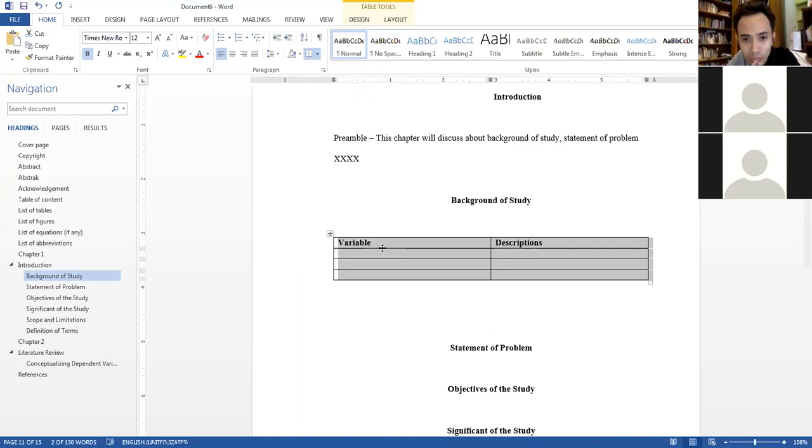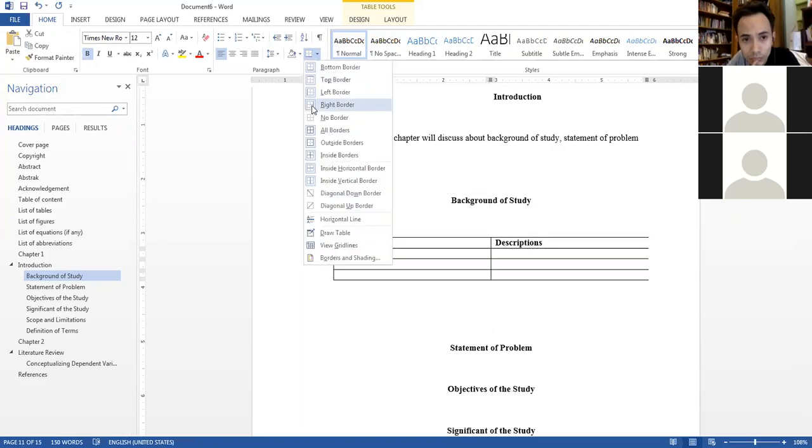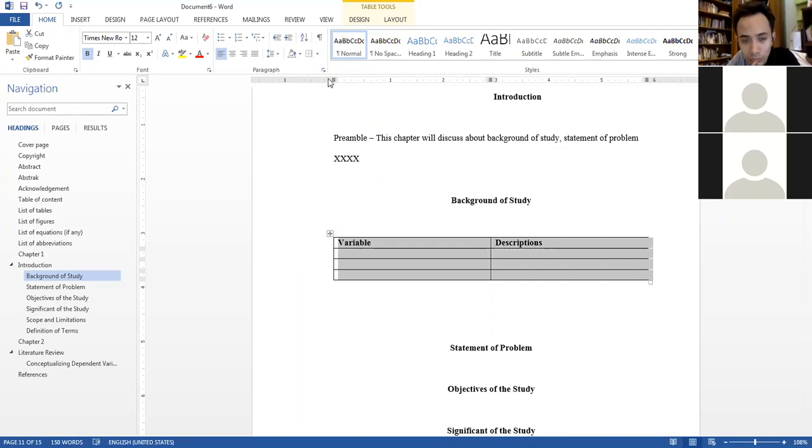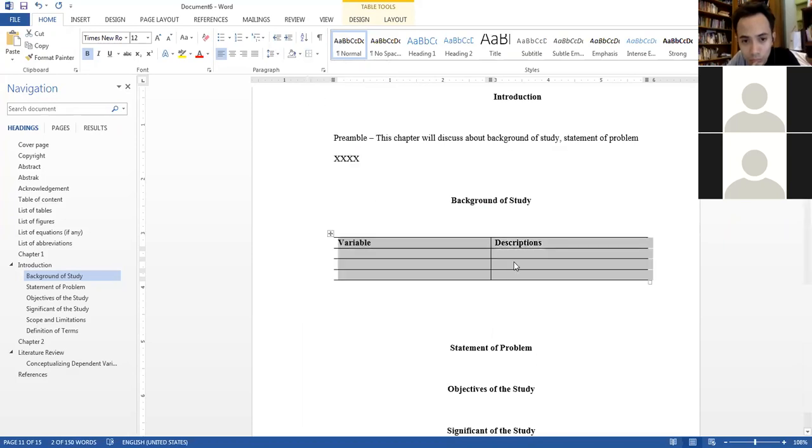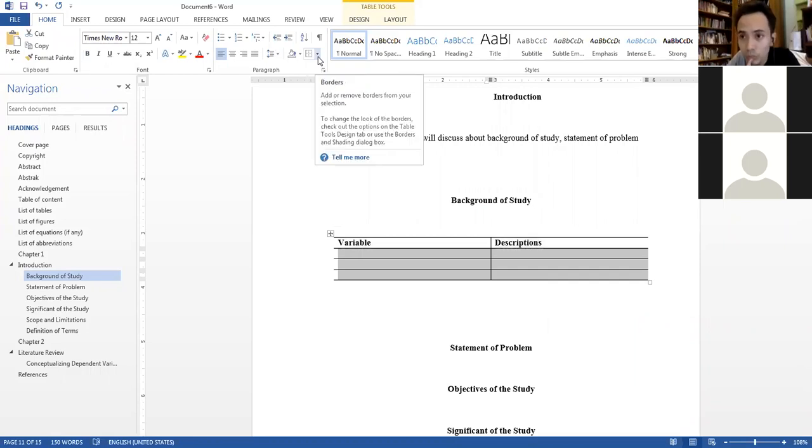We don't want the right side line or the left side line. And inside the table, only the top and bottom line appear.